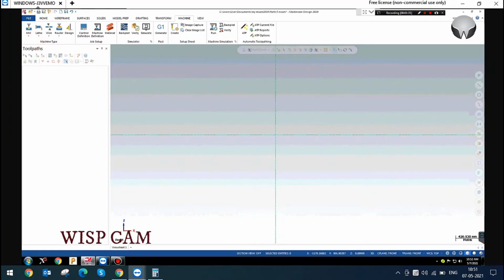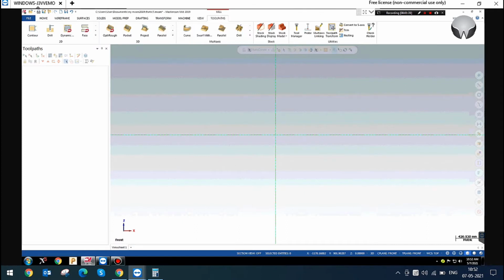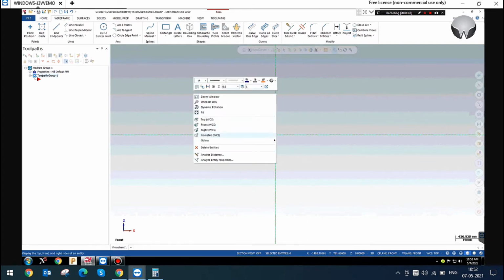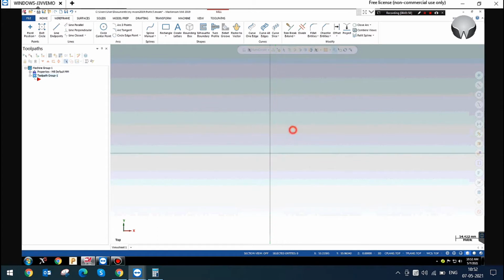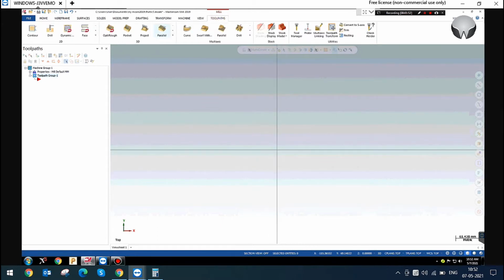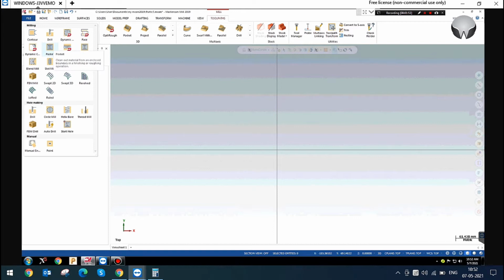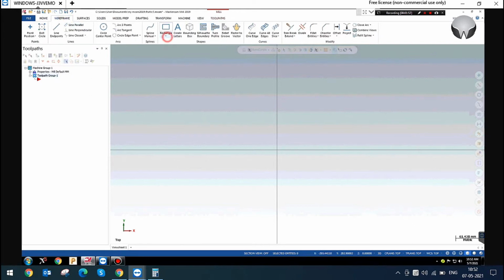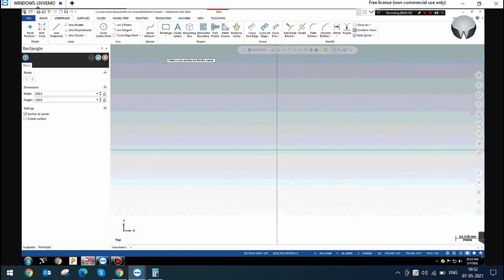So next we are going to see the next operation, pocket. Yes, pocket operation. First we are going to define a small rectangle.